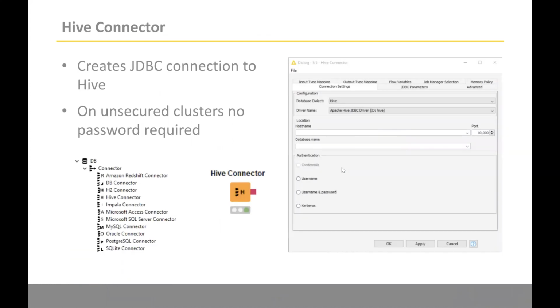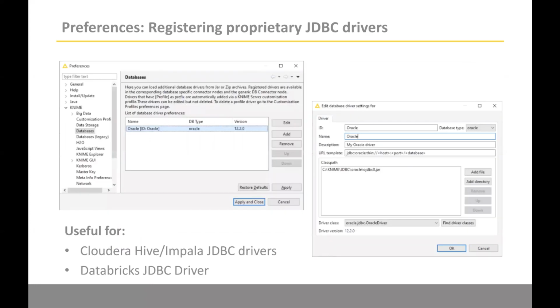Okay, the Hive connector, I'll just briefly look into it. It creates a JDBC connection to Hive. It allows you to connect to unsecured and Kerberos secured clusters. Sometimes there is the need to register proprietary JDBC drivers.